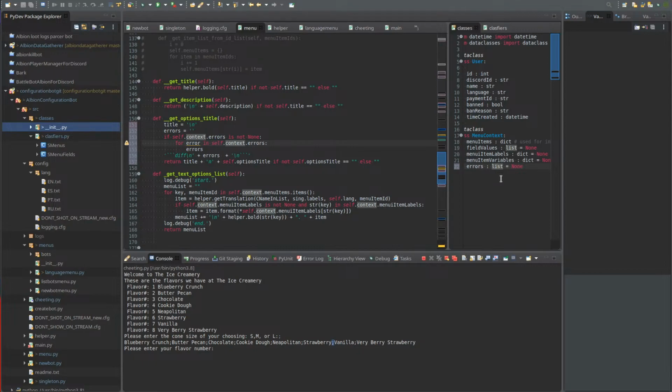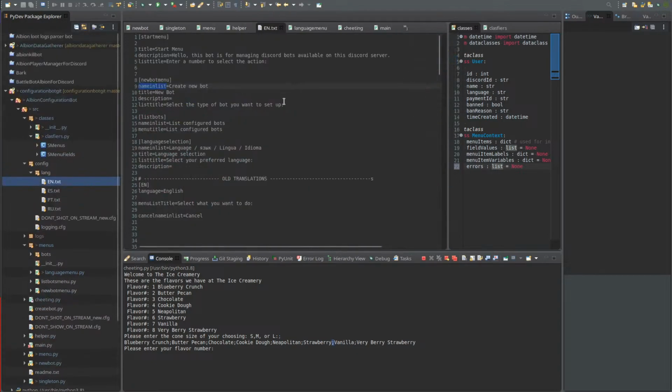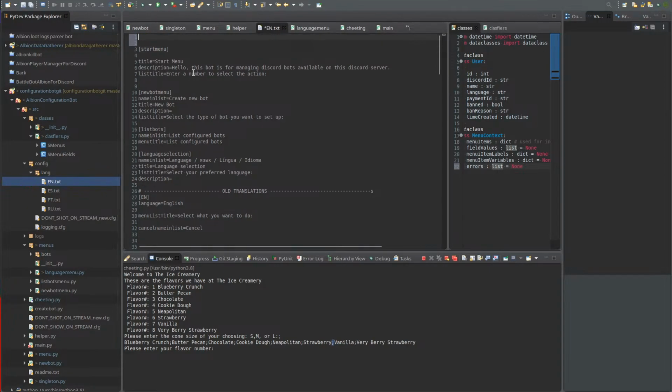I guess errors could be saved in a separate, like if I look at my translations file, so yeah, it could have a separate section for errors. Yeah, let's do that. Define errors, and let's say